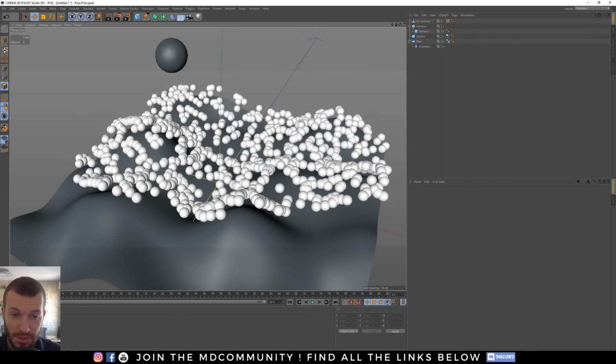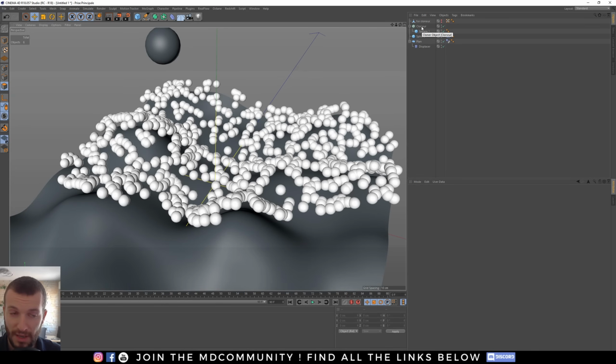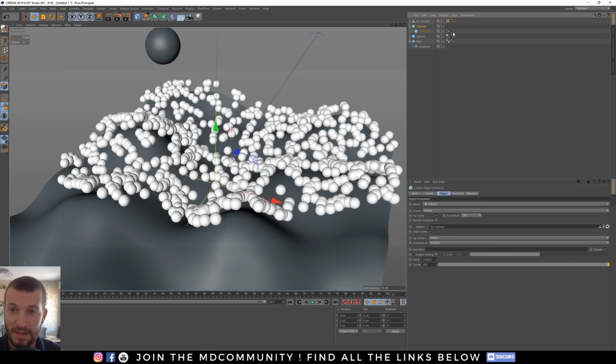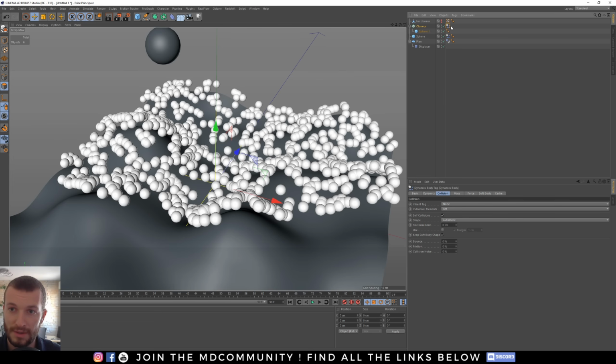To put some simulations on your spheres, you just have to create a tag on the cloner. You can duplicate the tag from the sphere. So I click and drag this tag, and before releasing my click, I hit Control. So I duplicate the tag. You can see a plus icon near the arrow of my mouse when I hit Control. Okay, if you move your tag and you want to cancel this, you can press Escape on your keyboard and it's okay.